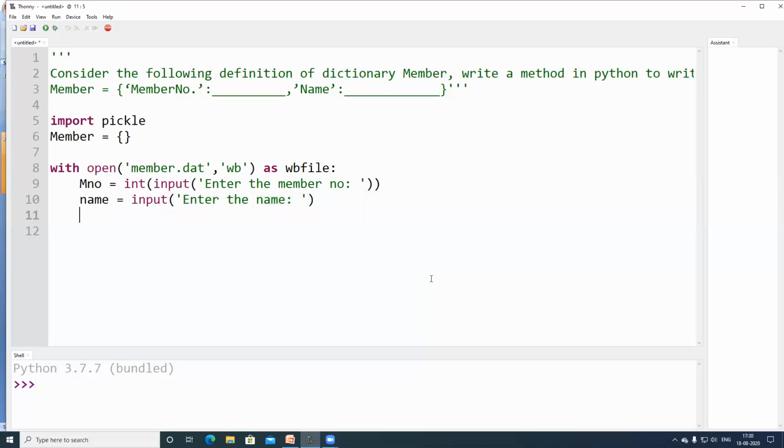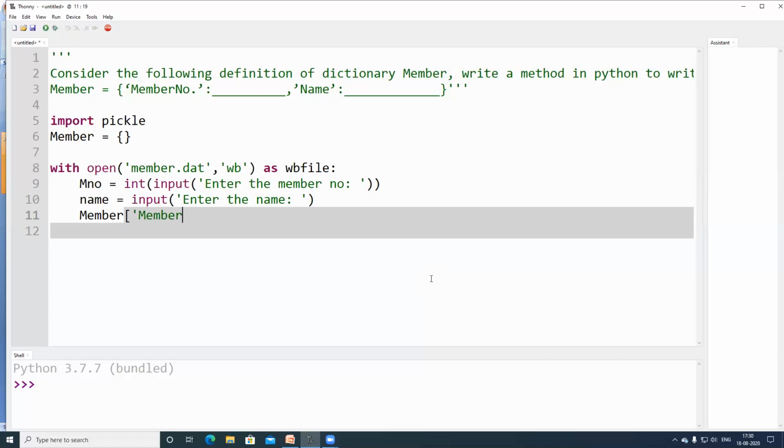After getting the input, now see, we have to assign these values to the keys which are present in the dictionary. How to assign this? Member is the dictionary name. The first key value is member number.